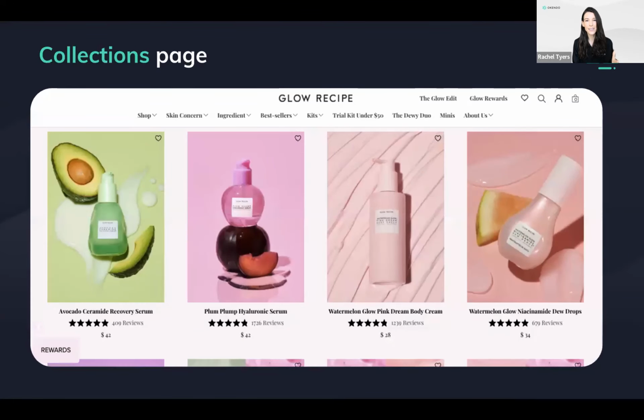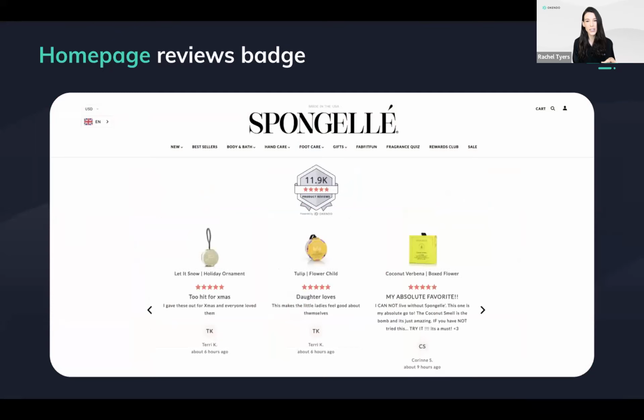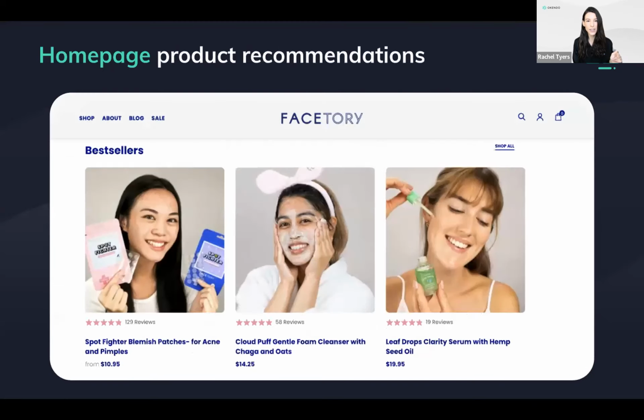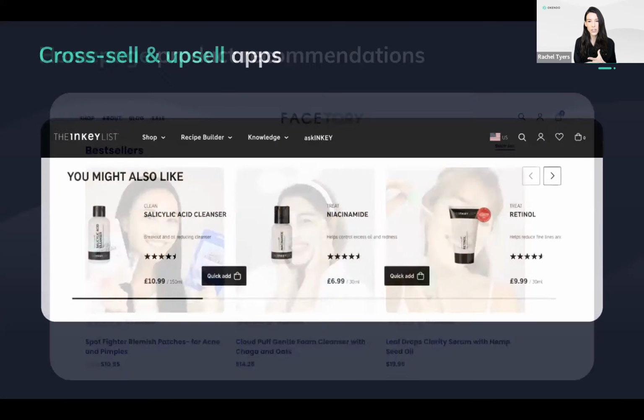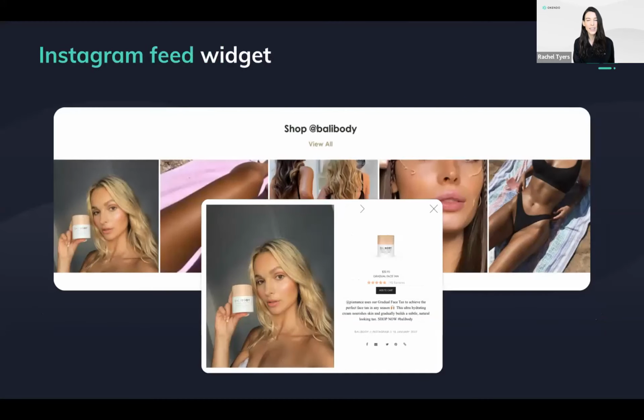So here it's feeding through to the collections page. We've got a homepage carousel here with reviews, another homepage carousel with a reviews badge. Here you've got it on an upsell or a product recommendations app, cross-sell upsell app. This one is Nosto. And then here we're feeding through the Okendo star ratings onto this Instagram widget feed